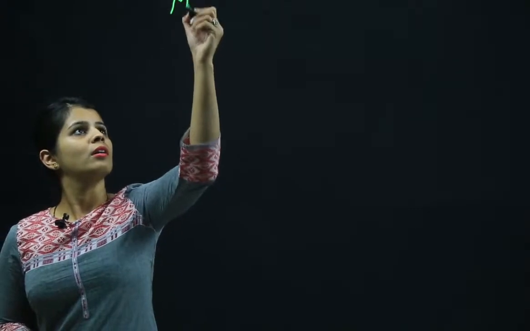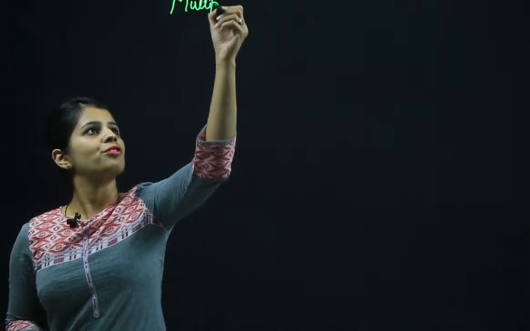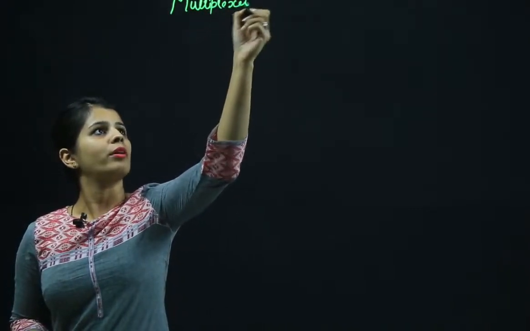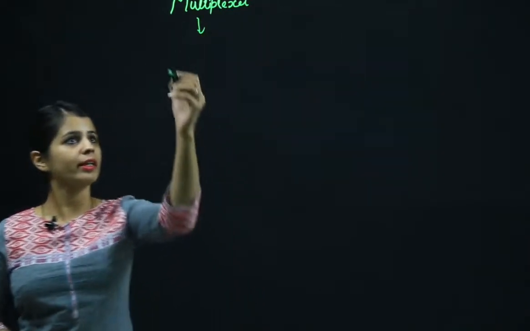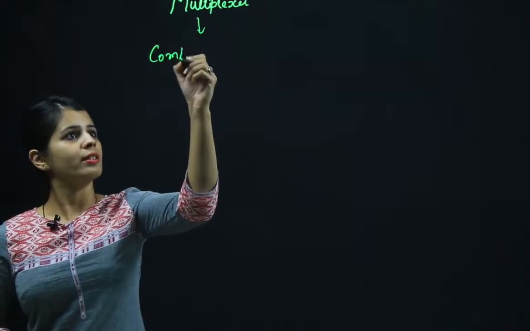Let us discuss multiplexers. Now, first of all, we should understand what a multiplexer is. A multiplexer is nothing but a combinational circuit. So, it's a combinational circuit,